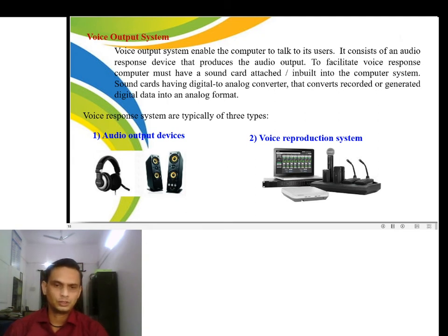Voice reproduction system. Voice reproduction systems are used to reproduce the actions performed by the user on our computer. It is very useful for disabled persons who cannot hear or see the execution. The computer system produces or reproduces the voice for the action performed by the user. Just like in most ATM machines, the machine will prompt you what to do or what type of procedure you should follow. An answering machine is an example of a voice reproduction system.